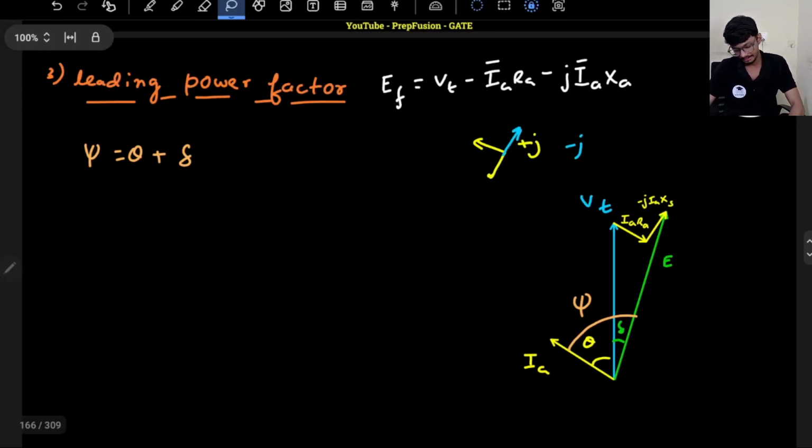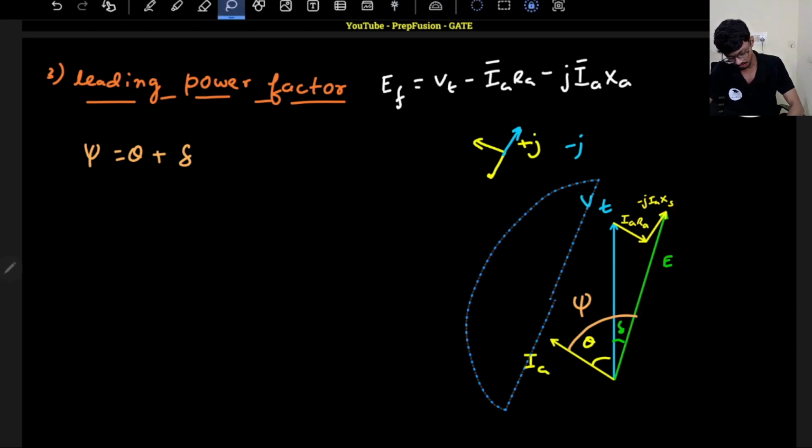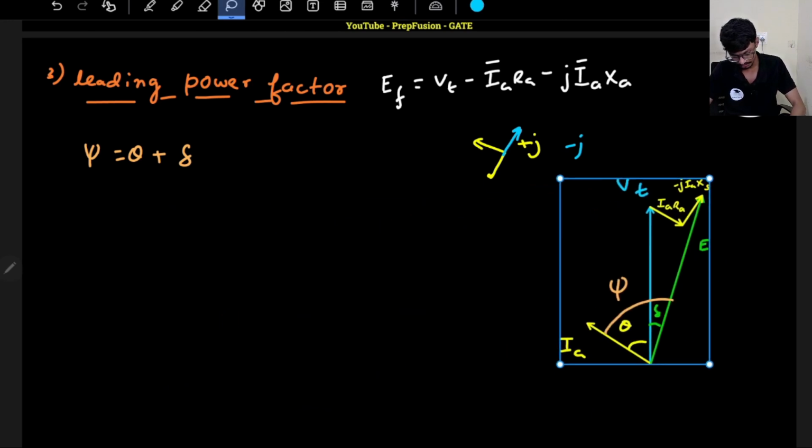So now if I want to write my E cos in two components, one will be along this IA component, and one will be perpendicular to this IA component. So perpendicular to this IA component is this one, and VT also is somewhere here, right? So again, if I break down the components,